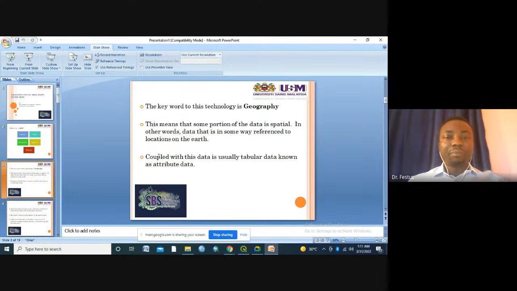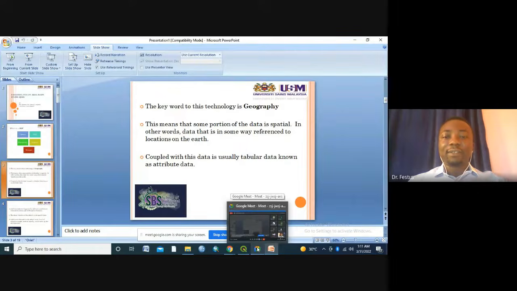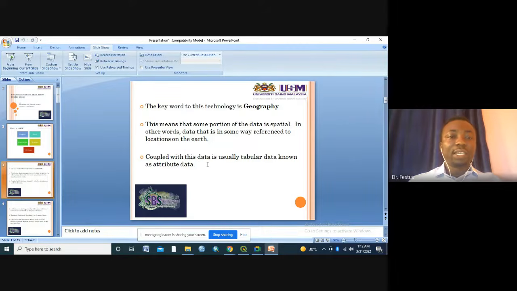And apart from this spatial data, GIS data also have what we call attribute data. That means, for example, if you are collecting data concerning Penang, you want to get the location of Penang, and then there are also attribute data that you have to get alongside the location. Like, for example, how many people are staying in Penang, how many males, how many females. So these are all the things that are coupled together to make the spatial data, which can be used in GIS